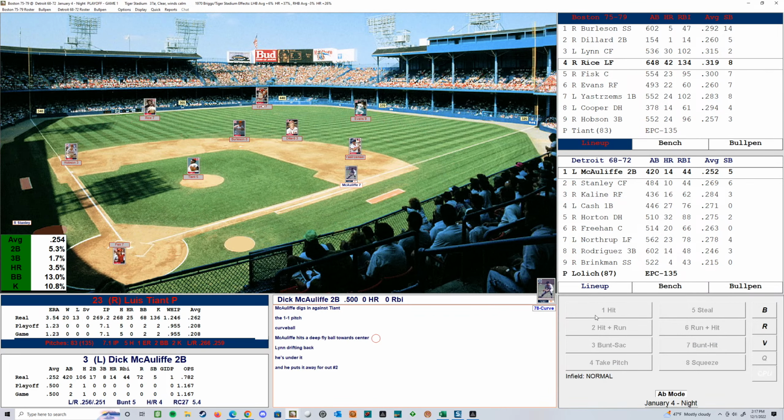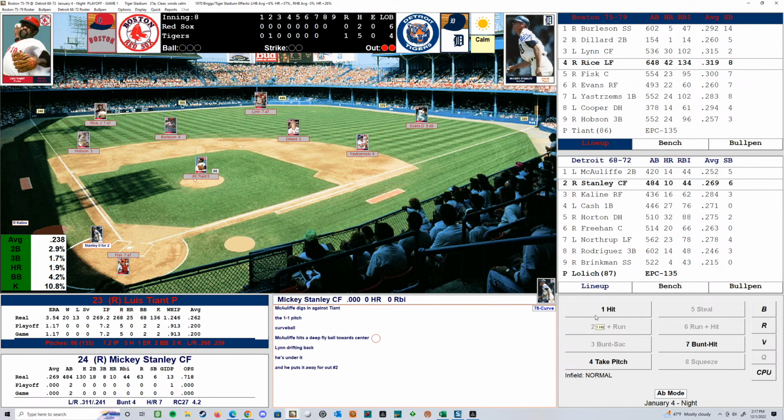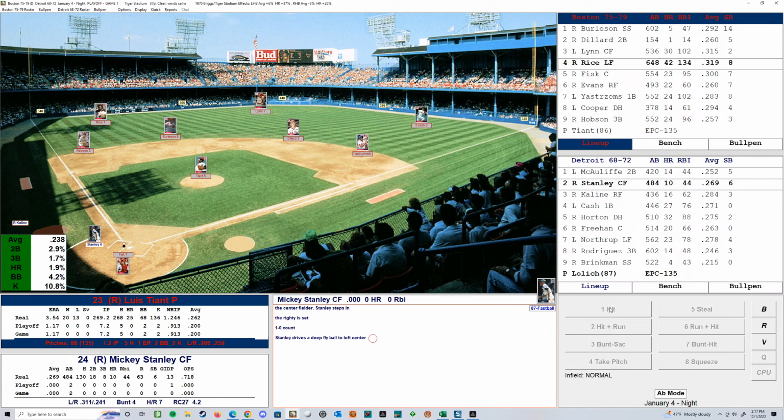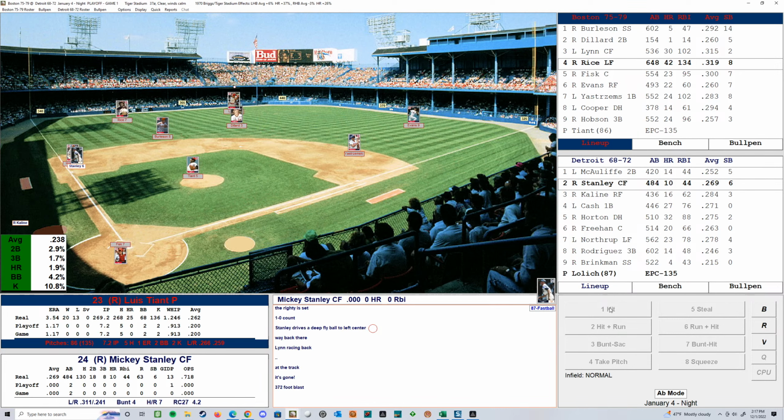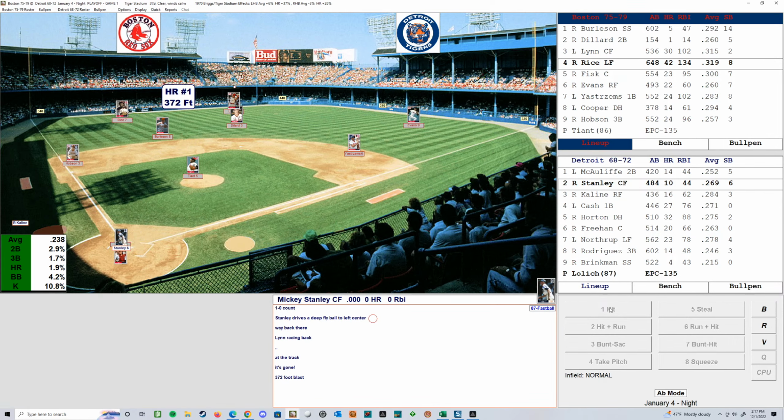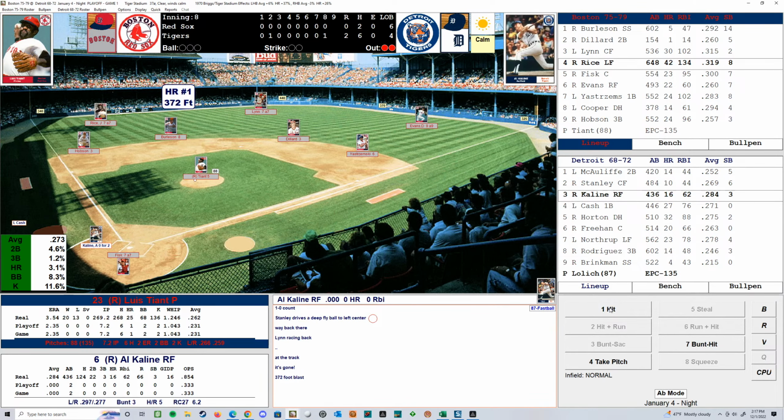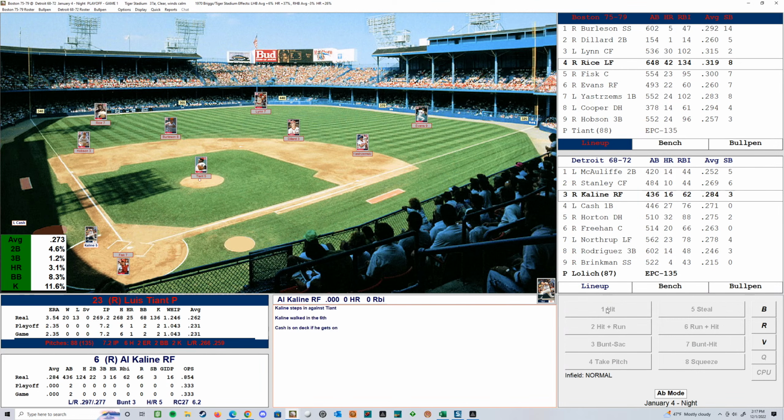Oh man, caught it. All right, Tiant. Let's see if he can give his team a chance to get the bats going. Looks like he might. Lynn's going to track this one down. It looks like. Oh no. Missed that call. Looks like an insurance run from Mickey Stanley.